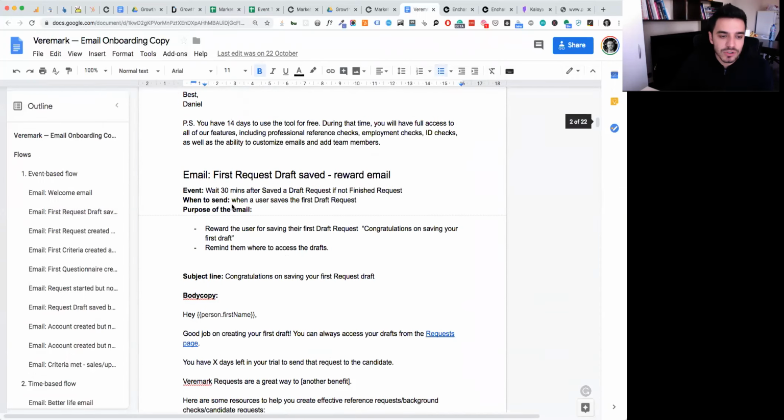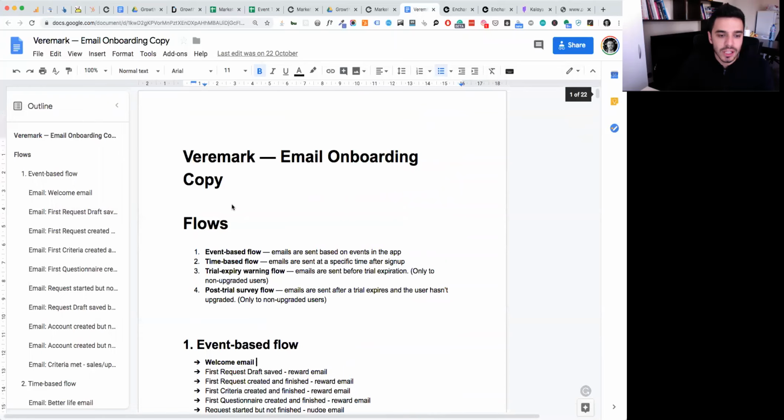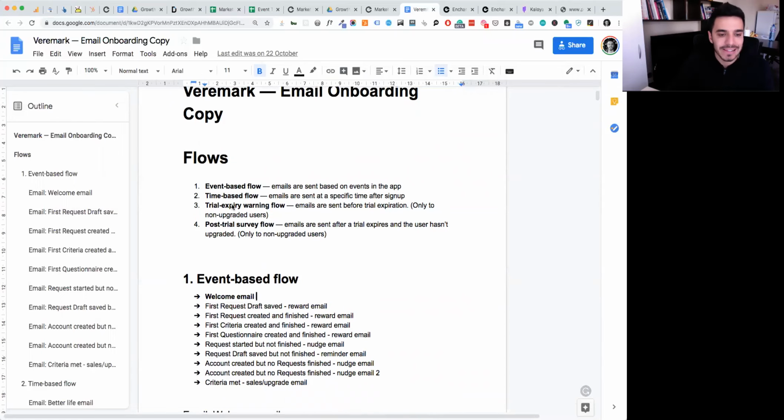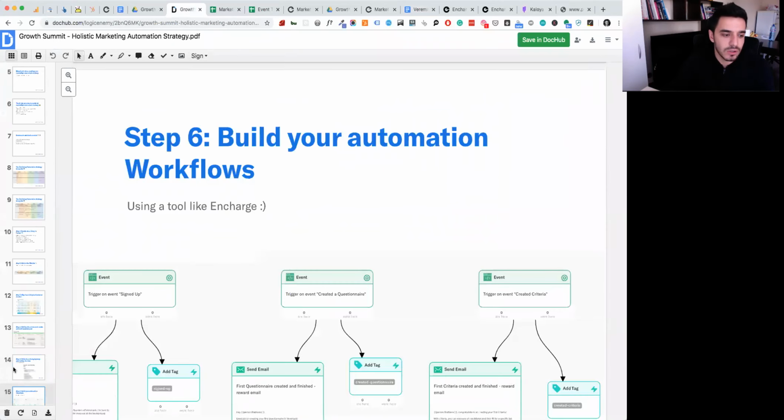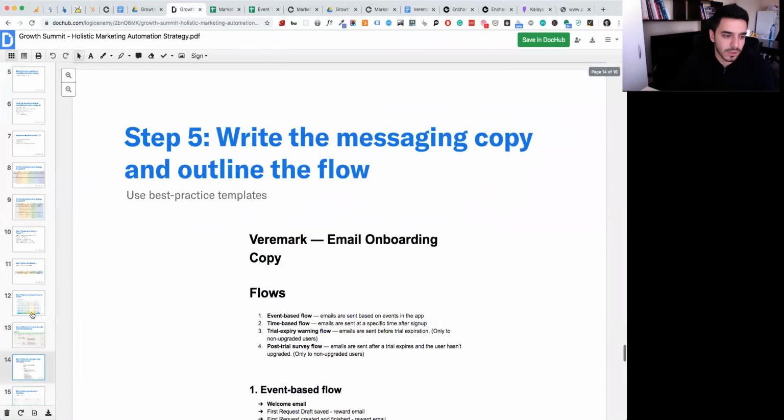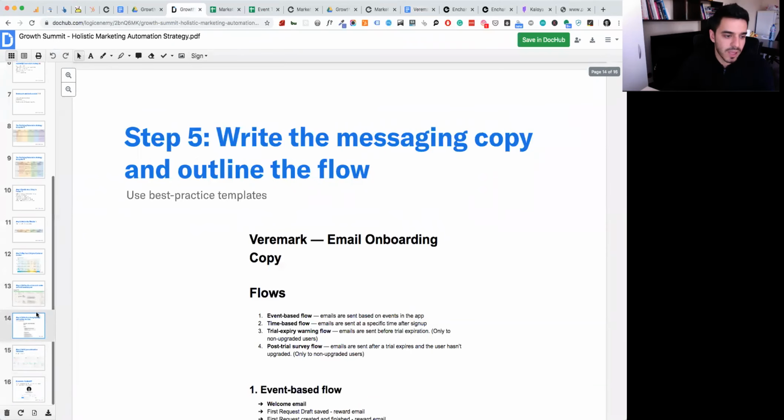And this is something you want to do with each email in the flows. And I'm not going to go now through example flows and email copy, because this could easily take another session. But I'm just going to, in my presentation, share these links with you. All right, so, okay, maybe I forgot to include the links. But anyways, you can go to